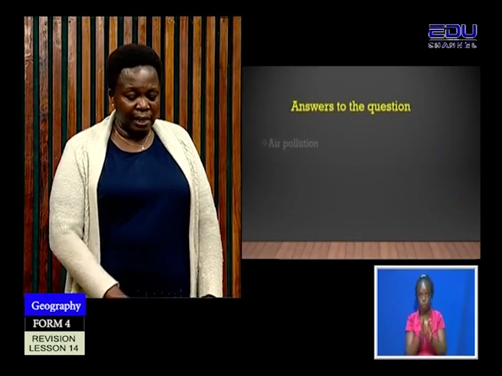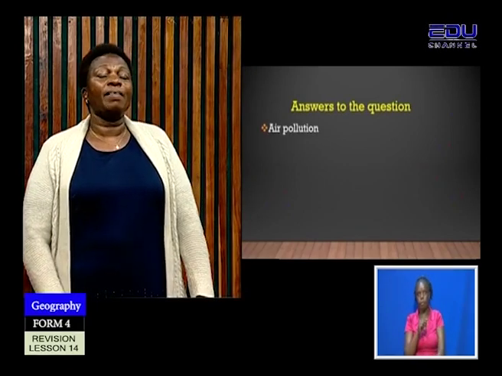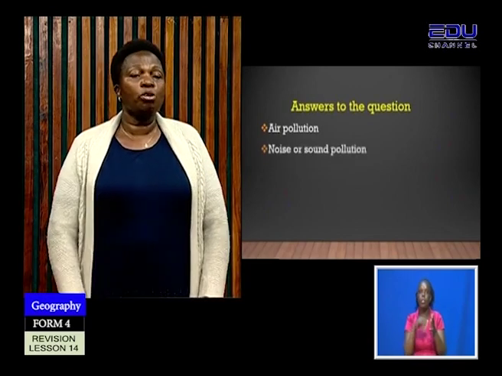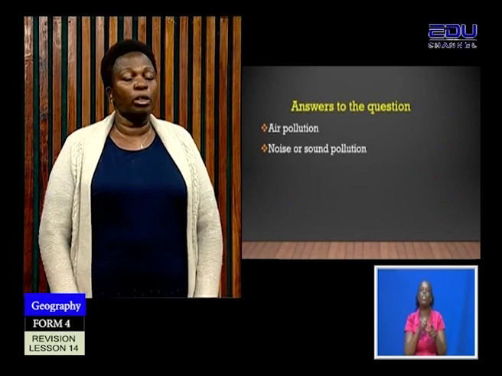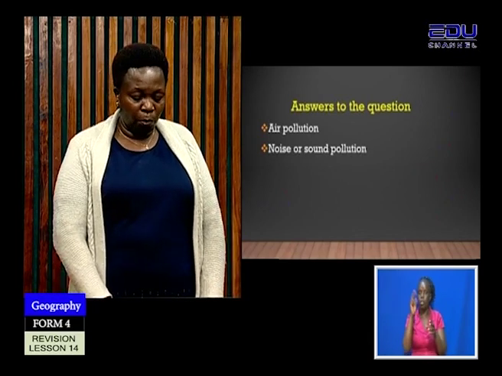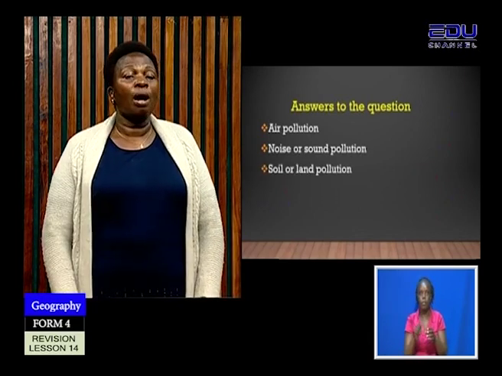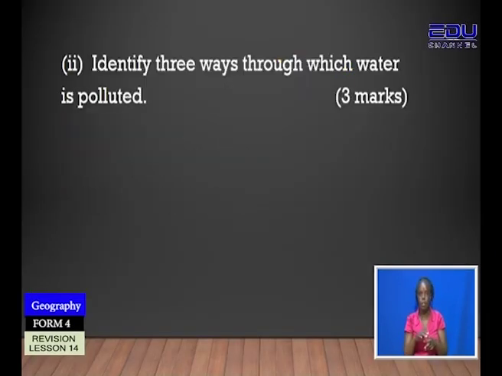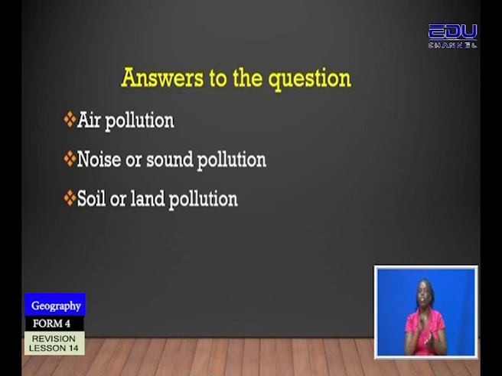Now let us look at answers to this question. We have air pollution. We also have noise or sound pollution. We have soil or land pollution. Now, we have said that we should make sure that the answer is written in full. Because it has been said that you give the different types of pollution, if you write, for example, air,